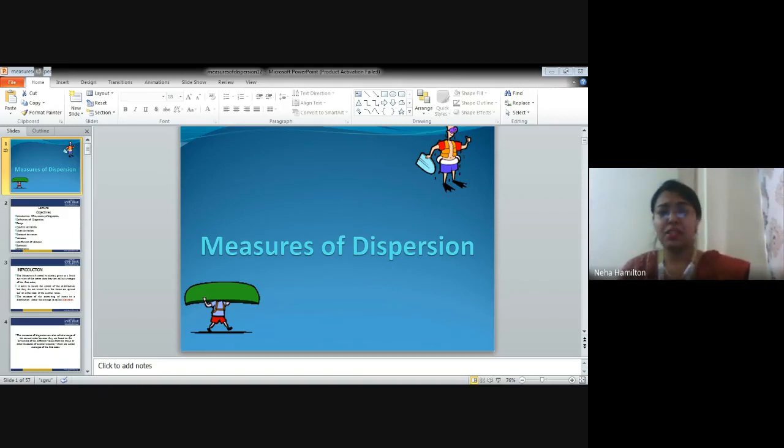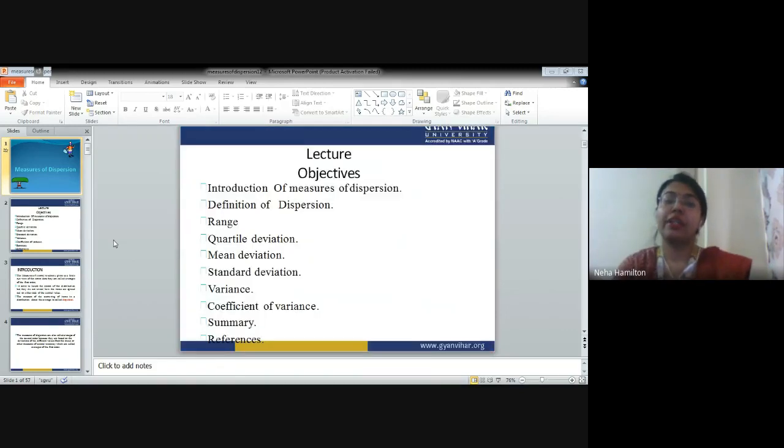In descriptive statistics, we basically explain the characteristics of the population. When I say characteristics of the population, we define our sample, we define the type of sample we have, what is the central tendency, that means what is the mean, mode, and median that we explain in the first part. That is called measure of central tendency. And after that, we measure measures of dispersion. So this measures of dispersion gives a good idea on how the data has been spread around the central tendency. So these are the learning objectives.